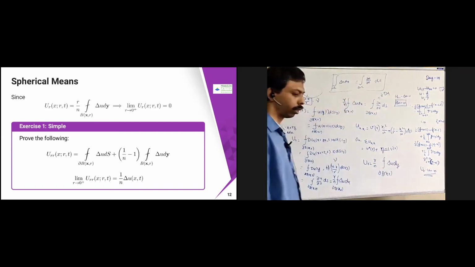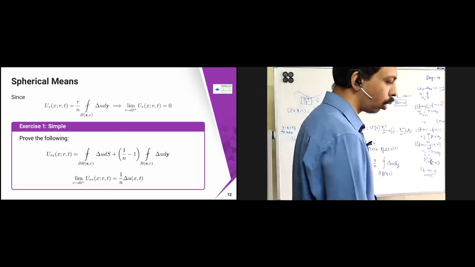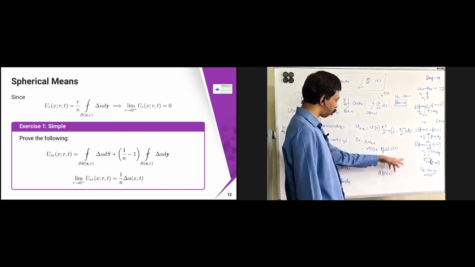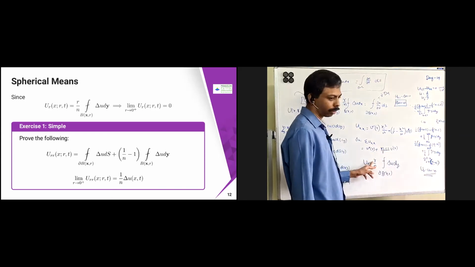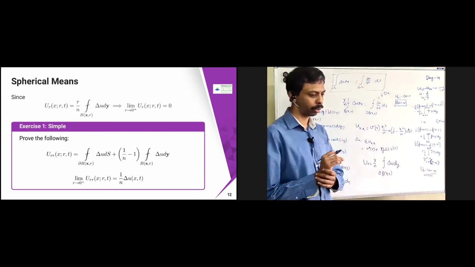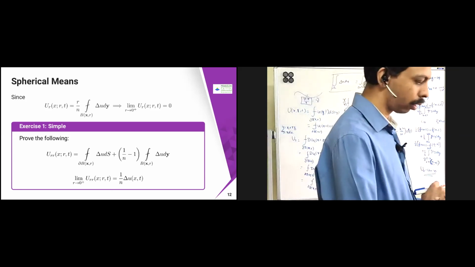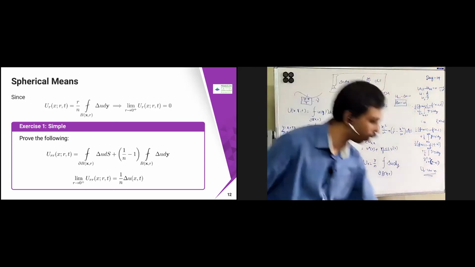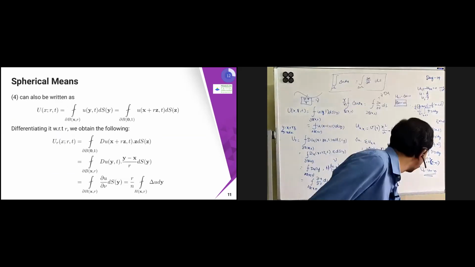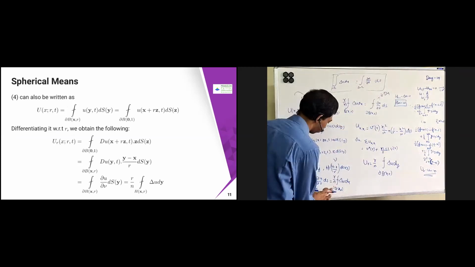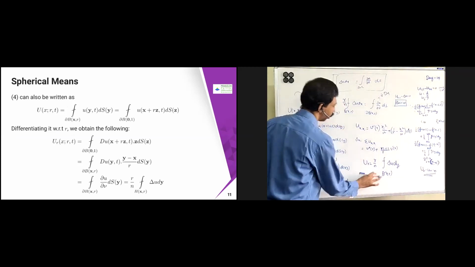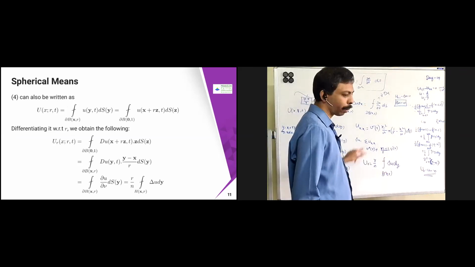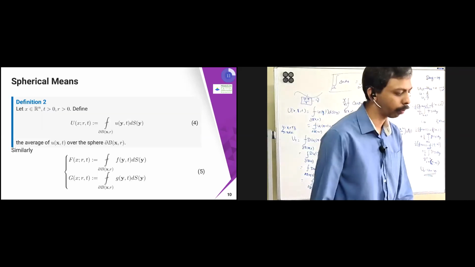This we got done. Now what we are trying to do is put the limit as r tends to 0. If r tends to 0, this is going to become 0. Someone pointed out: it's the average integral over the ball, not the boundary. Yes, maybe some mistake, this is over the ball. Correct, thank you. So u_r, as r tends to 0, is going to become 0.